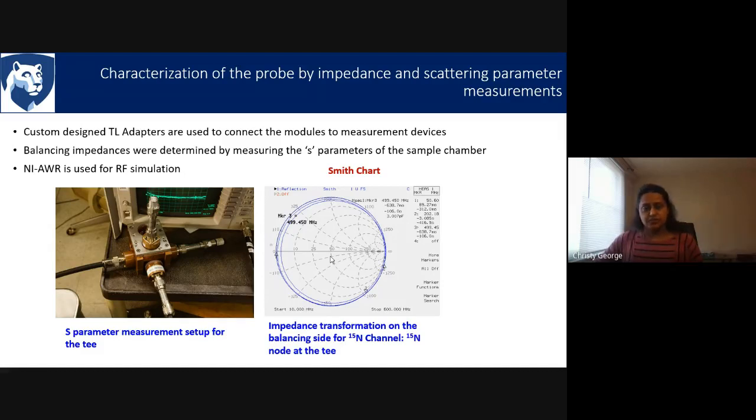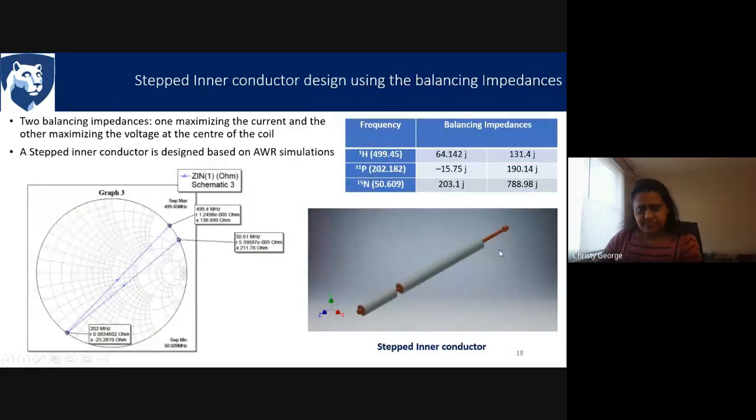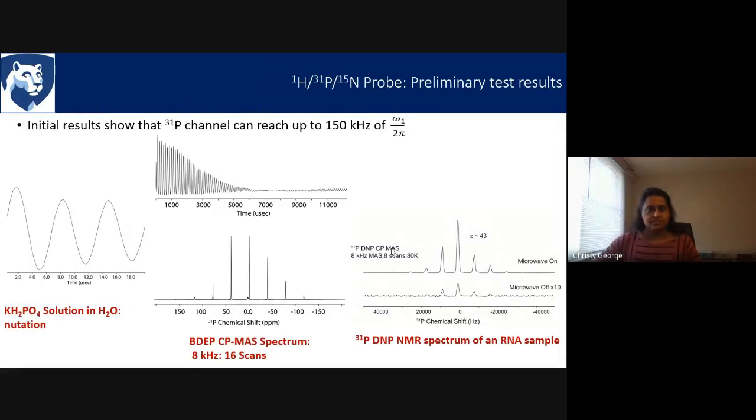So we have exclusively used scattering parameter measurements to design our probe. Using the scattering parameters, we have used some simulation programs to come up with what should be the length and the dimensions of the transmission line, and how we can accurately get the impedance nodes, etc. Based on that, we have come up with transmission lines which will give us the required properties for the probe. The details of this design are given in our paper. You can always look at that if you are interested.